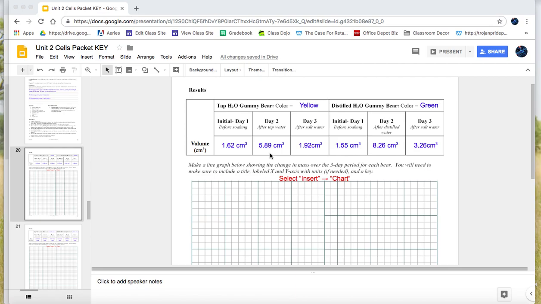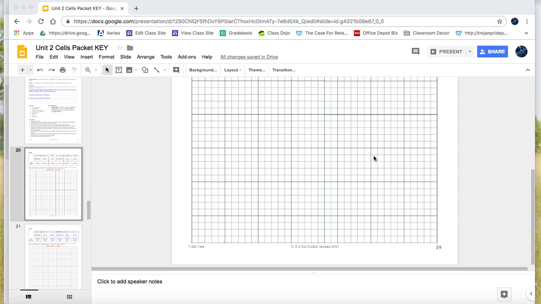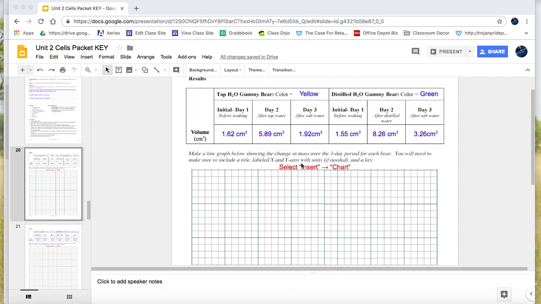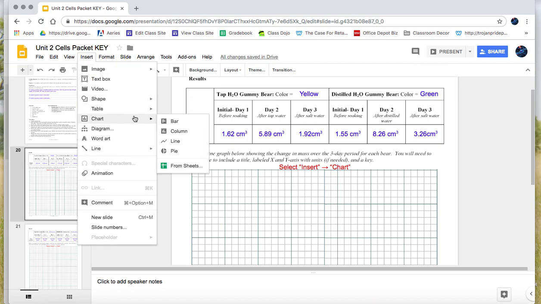Alrighty, so this is how to insert the chart for the Exploring Osmosis lab, so that second page. So this is my fake pretend data, so you must have your own data. And you're going to do as it says right here, you're going to go Insert, Chart, and it says to